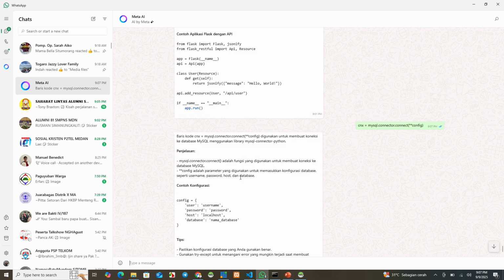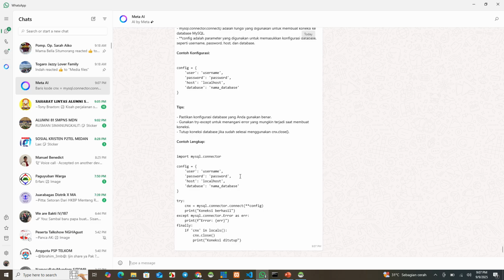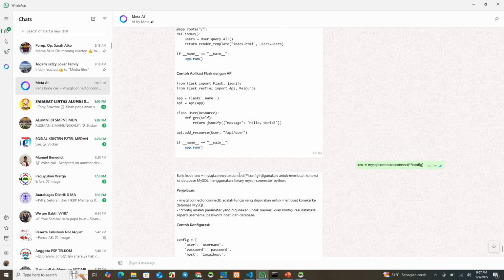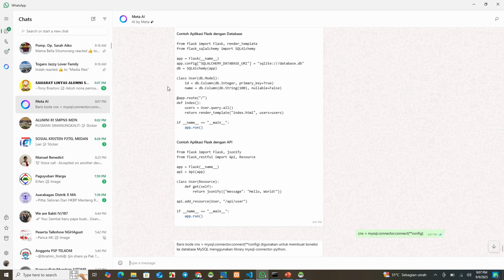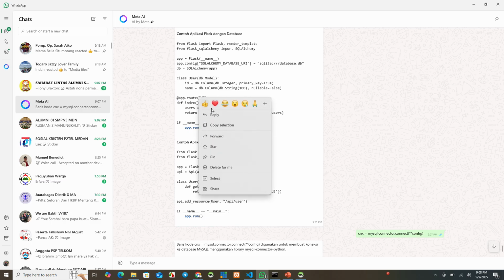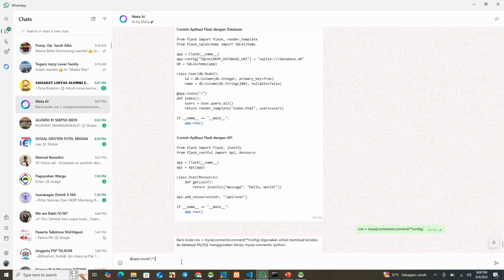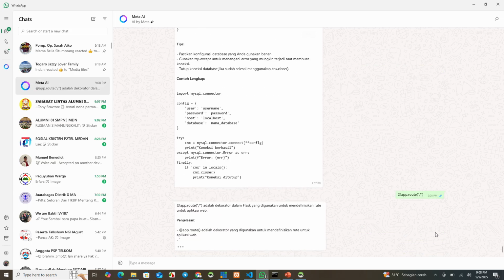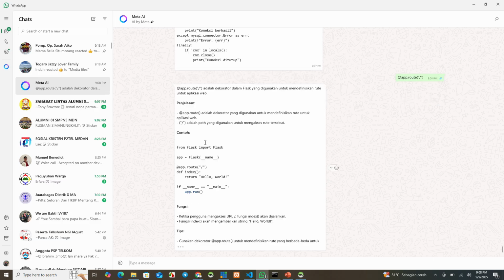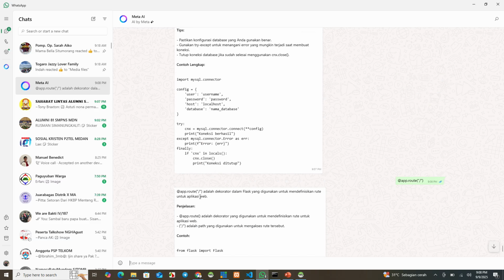Oke, penjelasannya bla bla bla bla. So if you want to know something in the script, you just copy the script and put it here. Okay, you can see what it means. This adalah dekorator dalam Flask yang digunakan untuk mendefinisikan rute untuk aplikasi web.